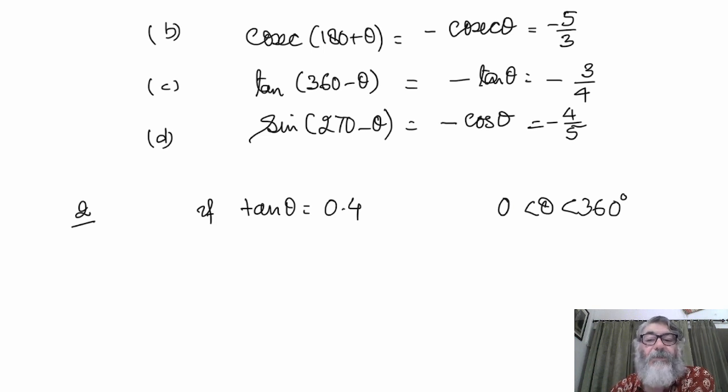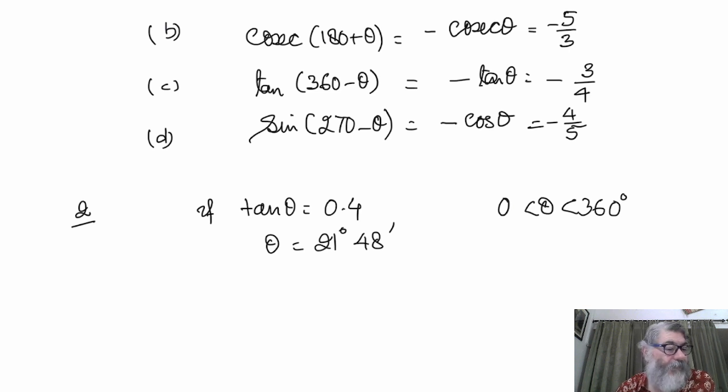As I told you, in ICSE you are allowed to use a calculator, and from the calculator you can calculate the value of theta. But I'm not using a calculator because I don't have one. I'm using only the method which we used in 10th, that is, directly looking into the table. I looked into the table of natural tangent, and I found 0.4, which is 21 degree 48 minute.